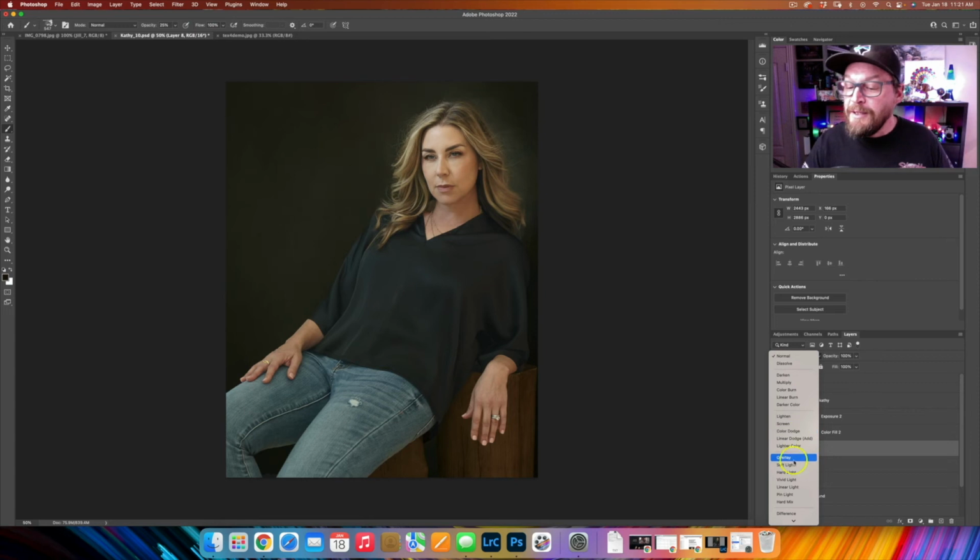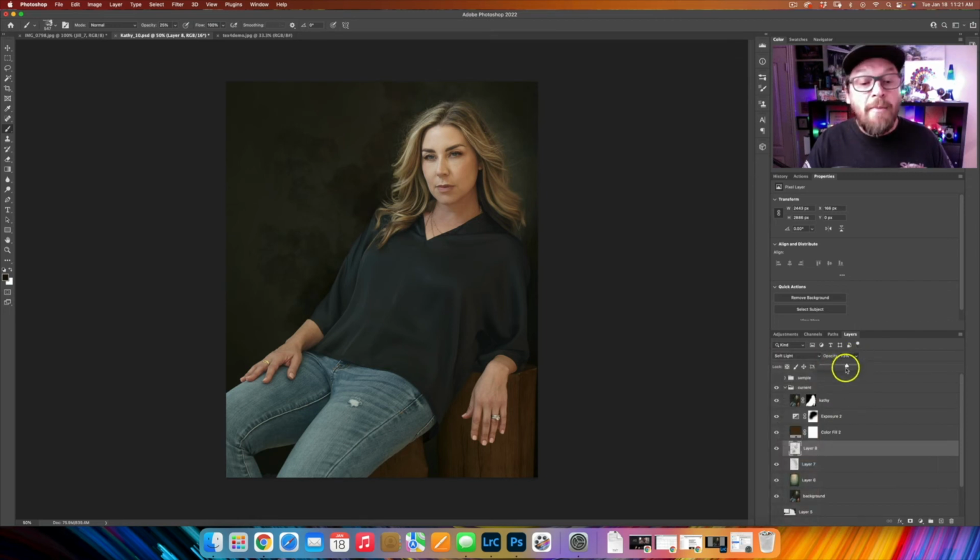And then I'm just going to go in and give it an overlay. Soft light generally works pretty good. And then I can bring that opacity down like that. And that's looking pretty decent there. It's getting some nice textures in it. And then I'm going to go back to my,